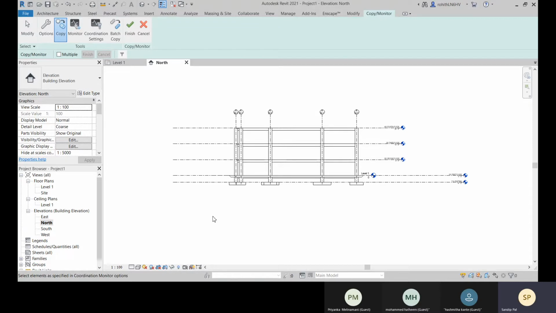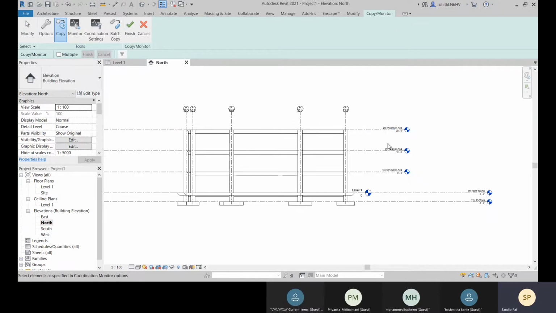So what does monitor mean? The main file has the position, and after copying it, if you change the position, here you will get some warnings that you are changing the position which is not matching with the main file.